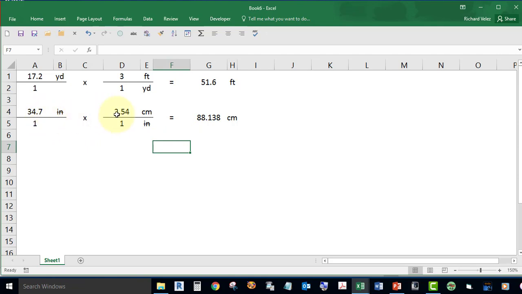And once I multiply these two fractions, I'll get my answer in centimeters because the centimeters do not cancel out. Same thing applies here. I don't think I mentioned it, but here the yards would cancel out, and I'm left with just feet in the numerator. Now you notice in your slide set